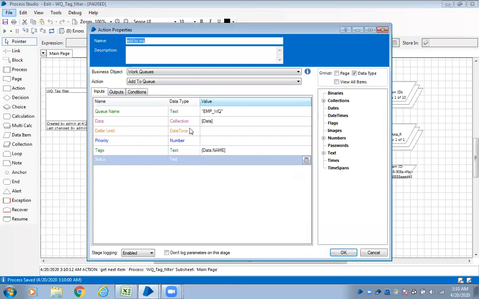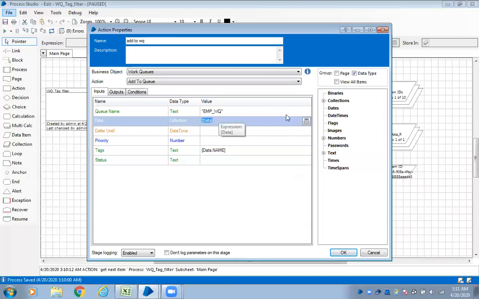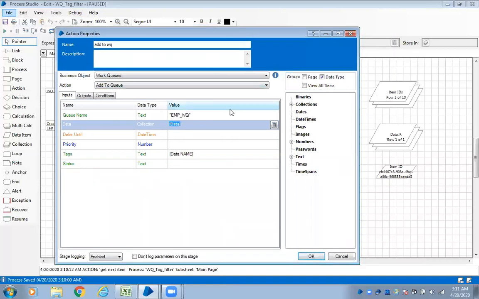What it is doing is, this particular add to work queue is adding all the data from our collection to the work queue. At the same time, it is dumping all the records because this is not a loop. In a loop, it would process one by one, but here it is dumping all the records at the same time